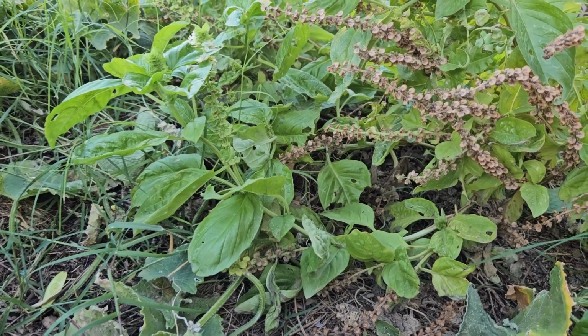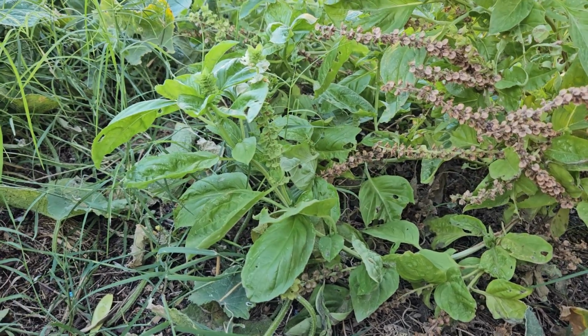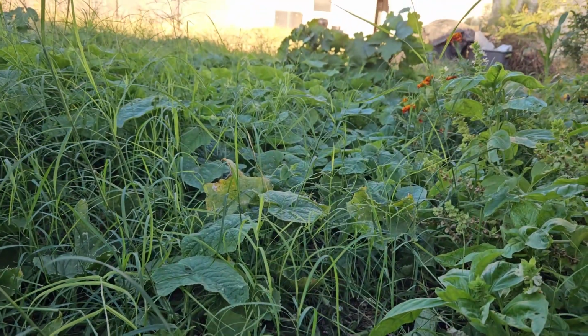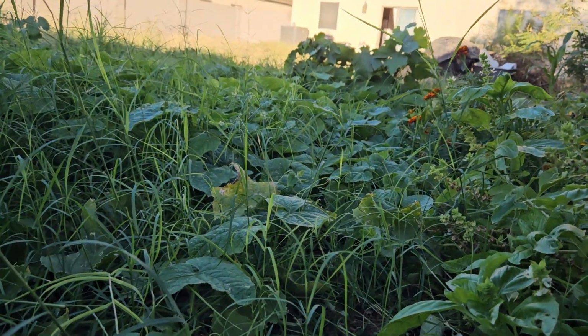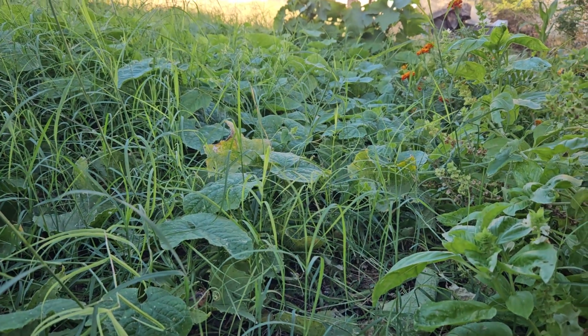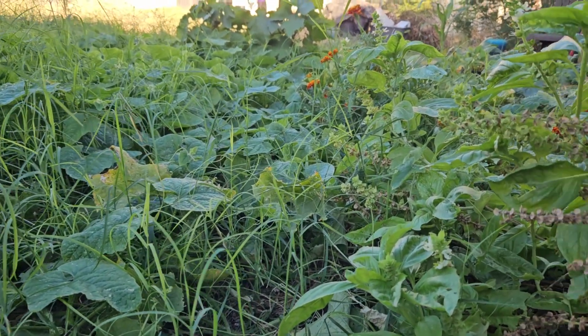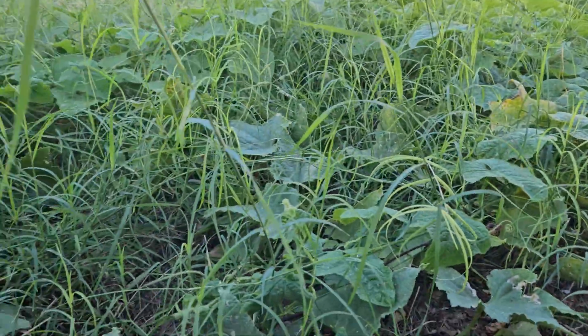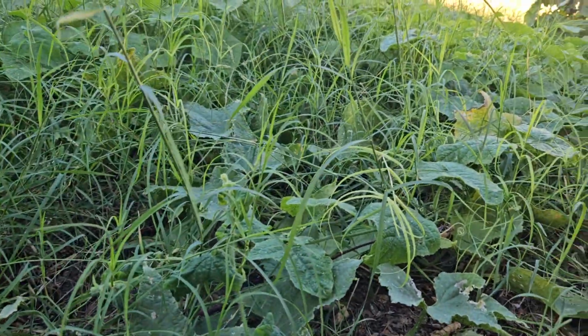I eventually want to build a more raised garden bed area for carrots and potatoes, because I do enjoy root vegetables, and it would be nice to do beets too, and turnips and parsnips, and I like all the root vegetables. But